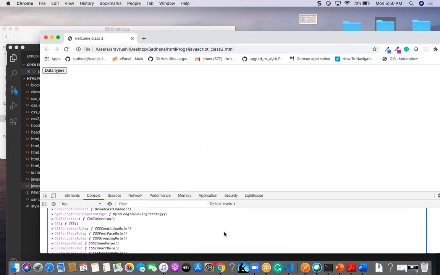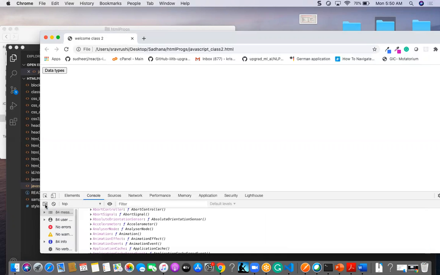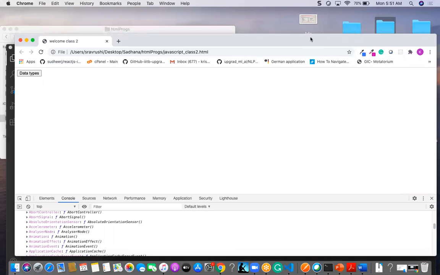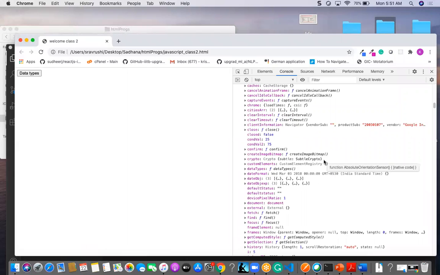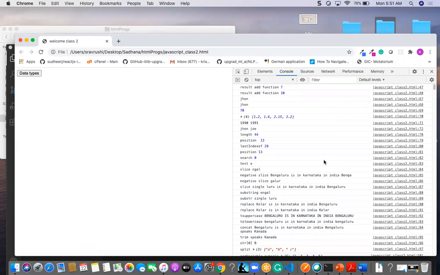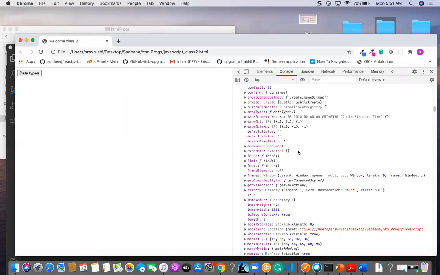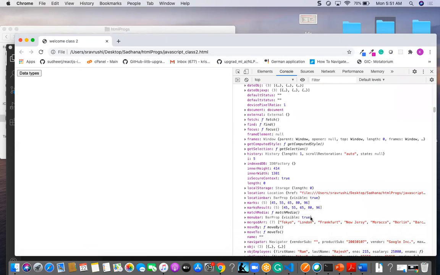Let me move this tab to the side. Yeah, fine. Now it is more clear. If I am checking this value, I will be finding all these different variables.